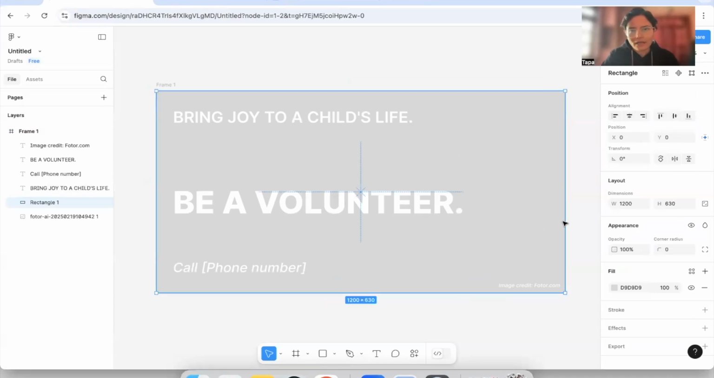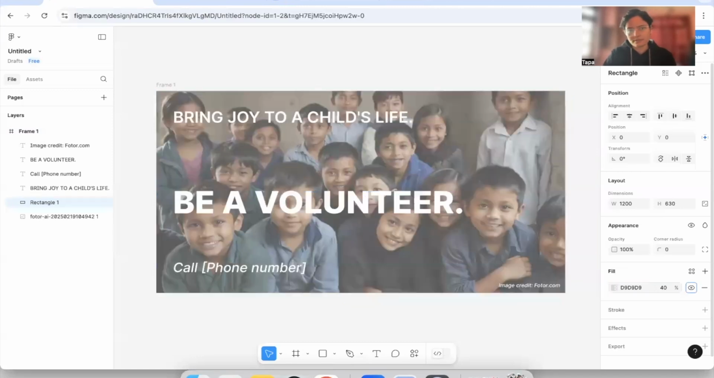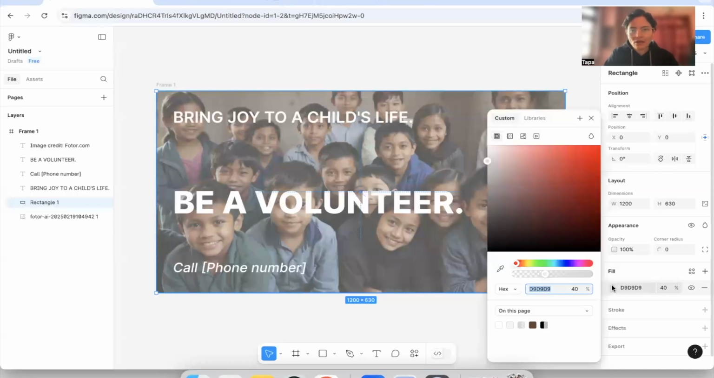Great. Now, this rectangle is covering the image entirely, which is not what I want. So I can change the opacity. Let me reduce it to 40%. Okay. However, the text is also not very readable and the image is very clouded now. So let's improve this. Open the fill for this rectangle, and now instead of a solid gray fill, let's provide